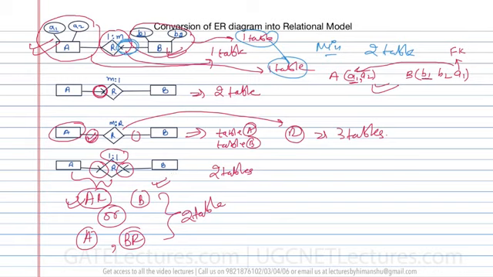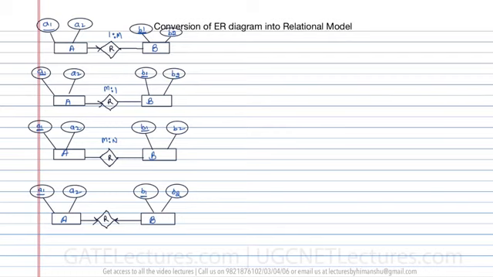Okay, now let us take more examples after this. Let us see what the minimum number of tables required is to convert these ER diagrams. Take the first diagram. Here you can see that it is a 1-to-many relationship, because we have a key constraint here, and we have already done this kind of example. So we already know that for this example we require 2 tables only.